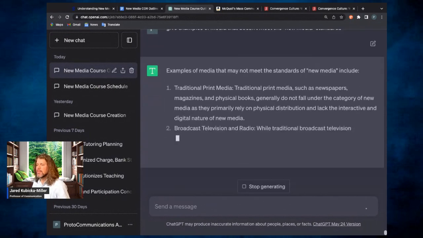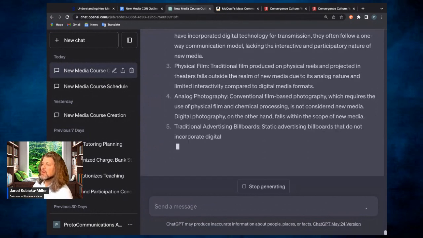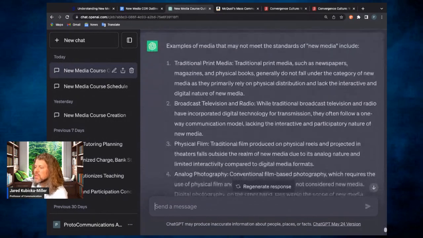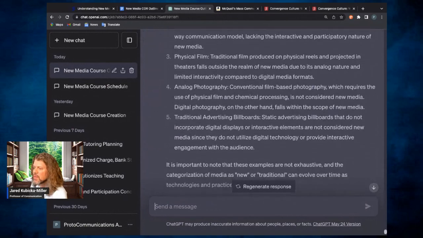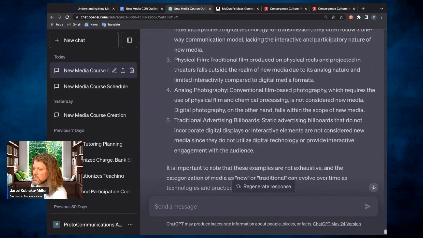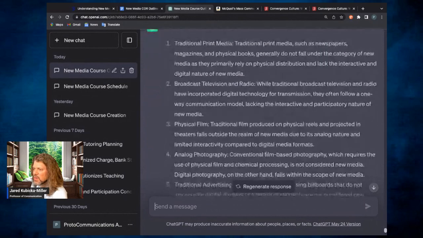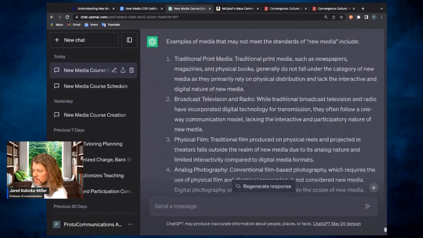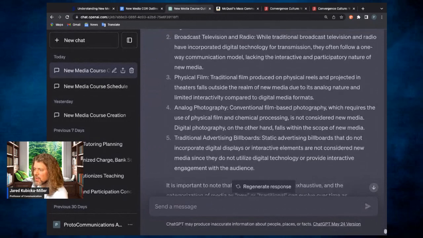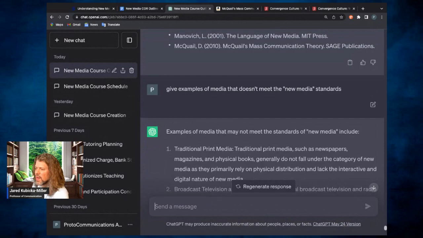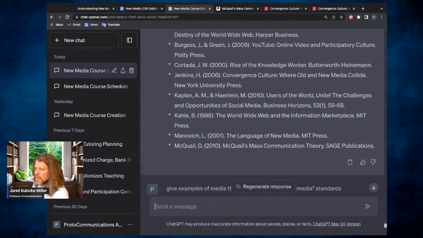I can think of some, but again, I like seeing what they're talking about. So traditional print media, television, film, photography, billboards. Okay. Static advertisement. Yeah, those are old school. A lot of these are ones I've already thought about. Photography. And so the interactivity is one of the interesting parts.